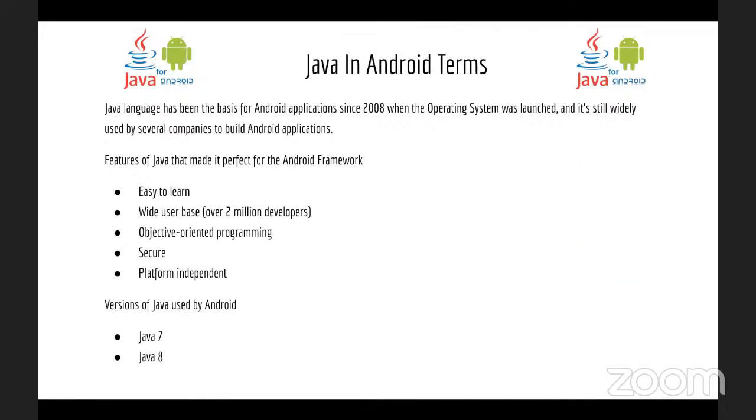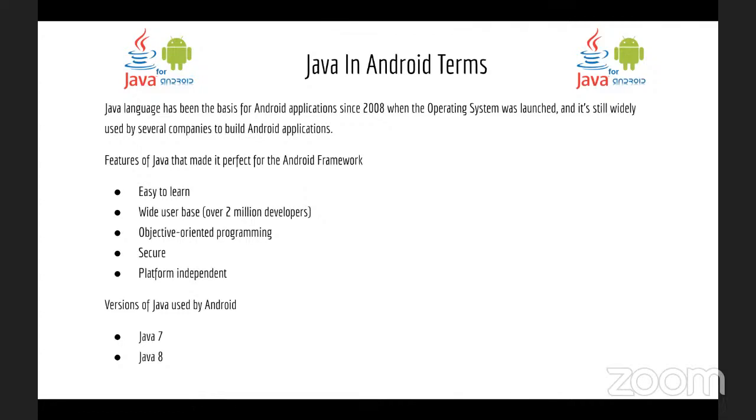So now, to narrow it down to the major focus of this talk: Android development. Why did the Android team decide to go for Java at that point? At that point when Android picked up Java to be the flagship language for Android,